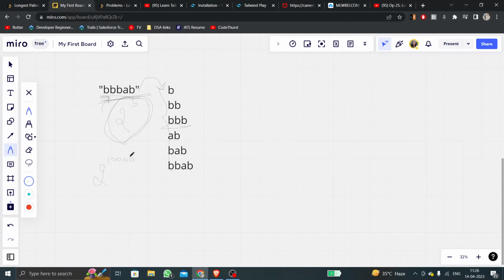And checking all those subsequences to see if they are palindromes or not will be a tedious task whose complexity will be exponential. So let us not go that way. What we can do in this question is, if this question is asked in an interview, what the interviewer will be expecting out of you is